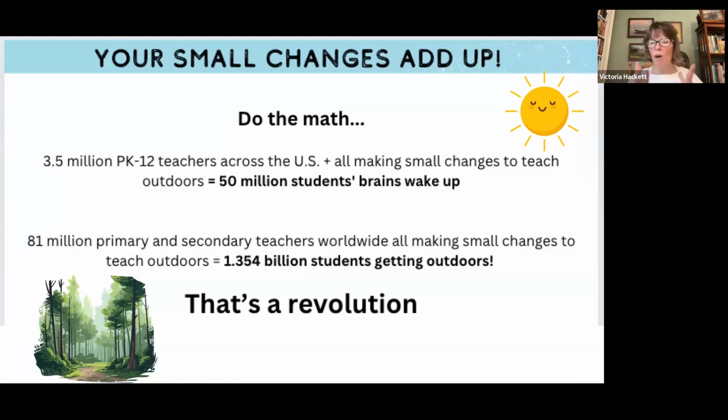So let's all continue doing what we're doing, making these small changes, spending a little bit more time outdoors, transforming our outdoor spaces, really looking inside of ourselves and asking, what pedagogy? What's my own environmental teaching outdoors pedagogy? What is that? What do I want to mix and match? What do I want my outdoor space to look like? How can I create that?